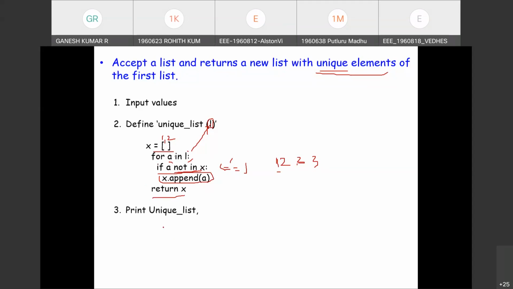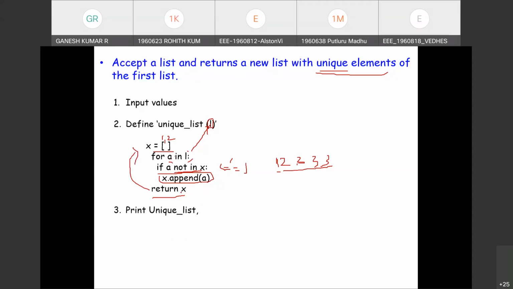Fine. So print the unique list from the first character till the last character. They are traversed one after the other. Only the unique values, the values which satisfy the condition, are appended. The rest are ignored. Again it will return the list. Then from the input it is checked, compared, appended if it is unique.